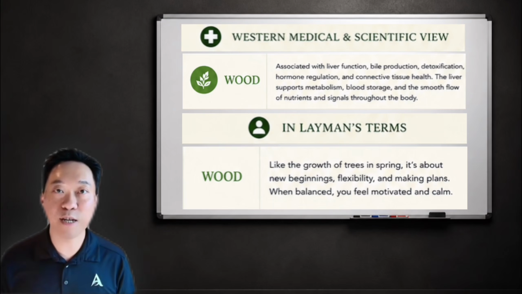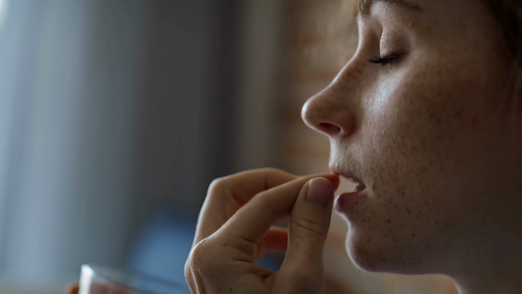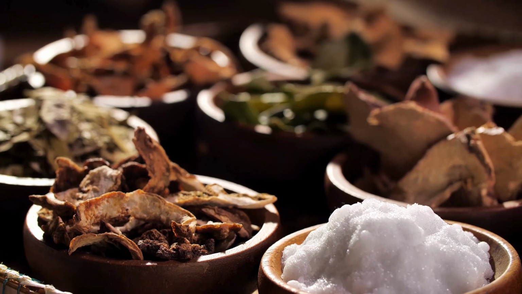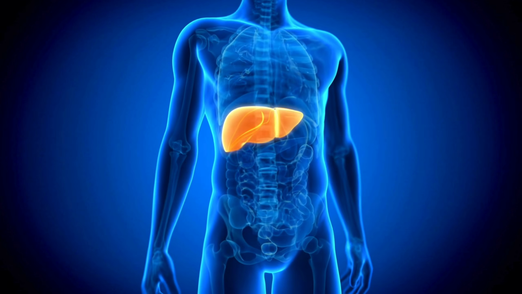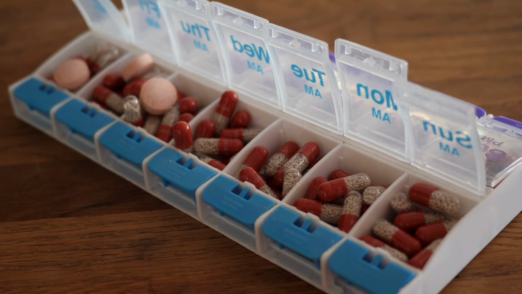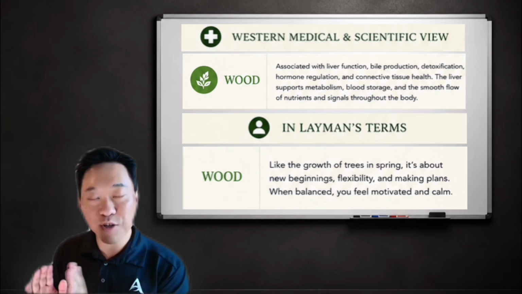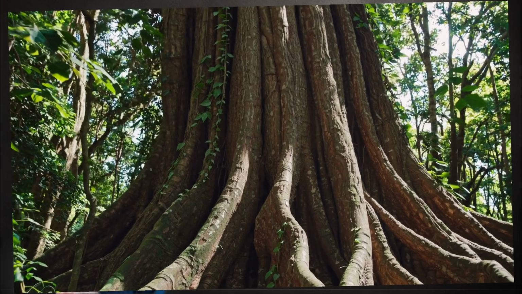And to help your body regain that emotional balance, it's not to pop pills. If you have anxiety, it's not to take anti-anxiety pills. I mean, you could, and it will help temporarily. Even herbs. If I were to give you just herbs to calm you for the anxiety, but not herbs to restore your liver function, the herbs will act just like medication. It'll help. Once you stop it, your anxiety comes back. But that's where Western medicine stops. Where Chinese medicine excels is the root. It can treat the root.